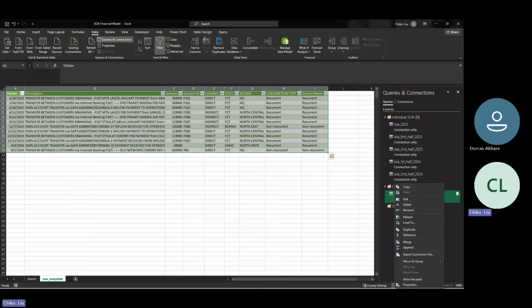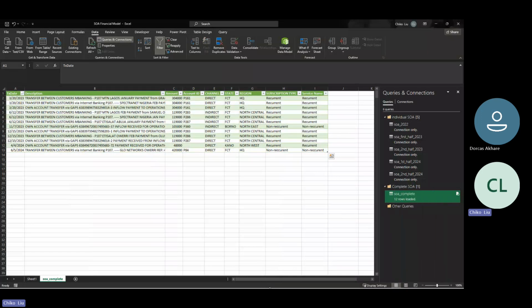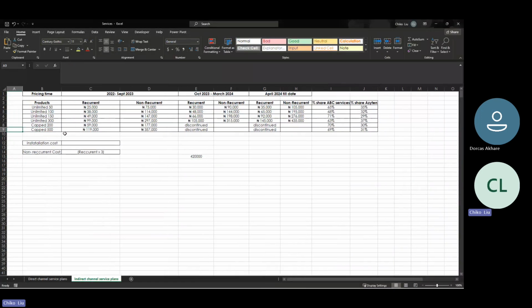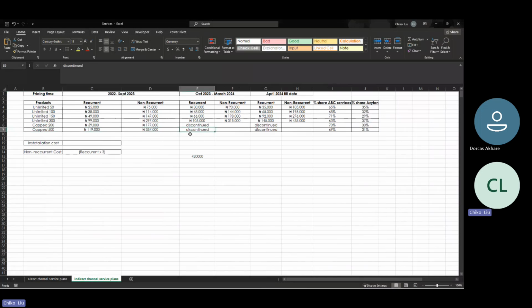Why is it recurrent? Let's go to our service plans. If you go and check our service plans, 119 is a recurrent cost for cap 500. Now, mind you, it was discontinued, but some people are still using the product. You understand? Yeah. So they discontinued it. Maybe they were not making profit, but people are still using the product. So 119